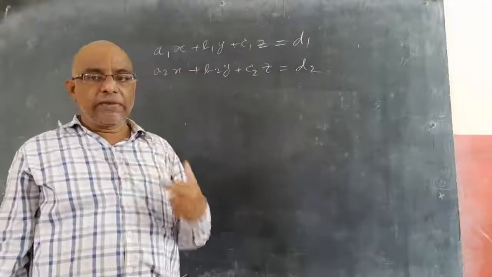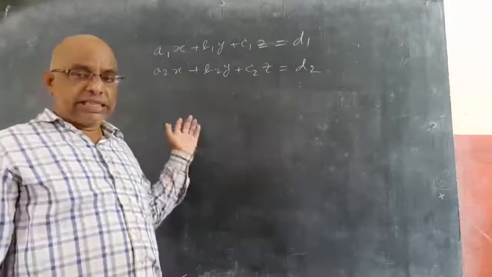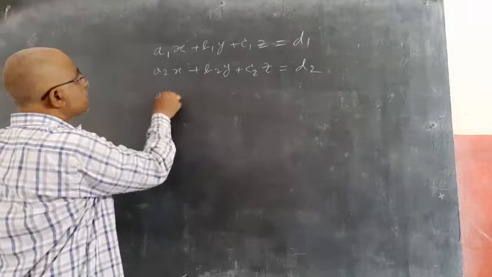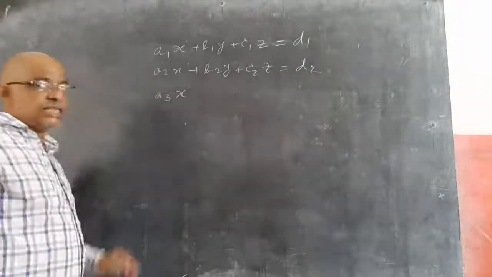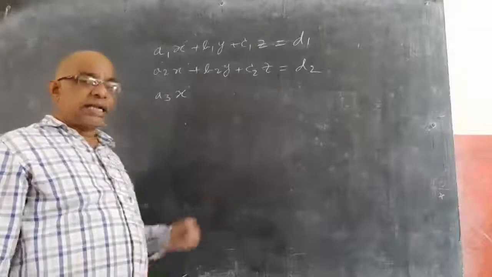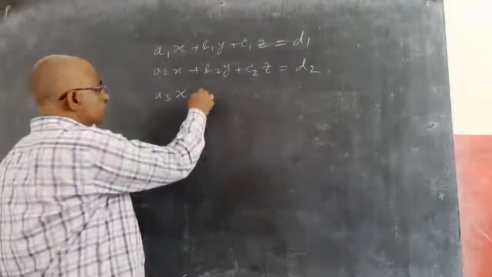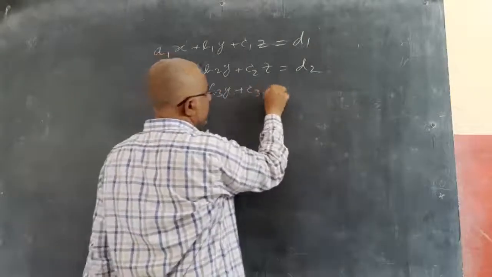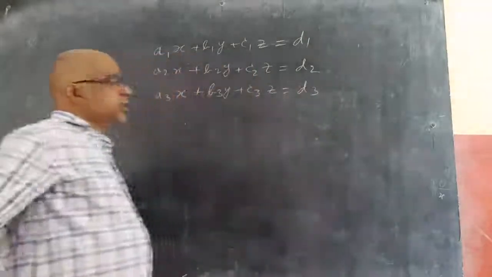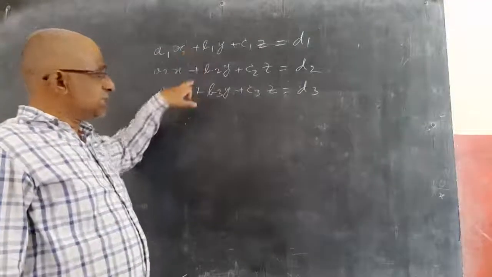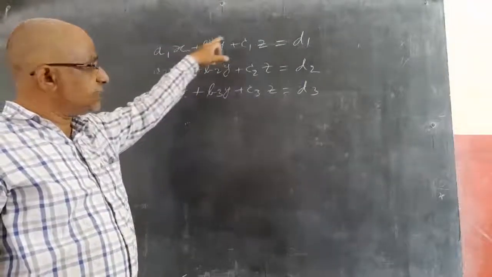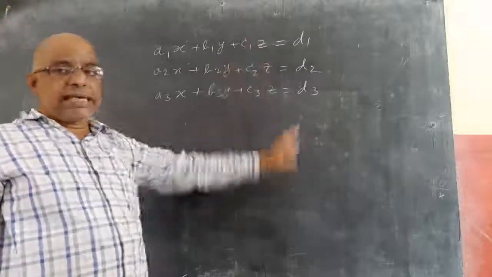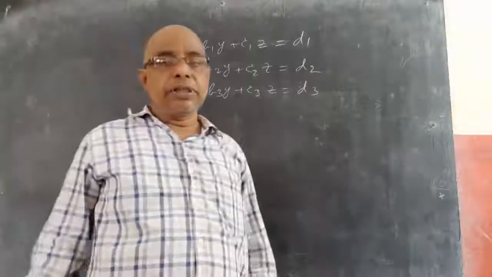2 variables, 2 equations, a 2 by 2 matrix you will get. If it is 3, you will get a 3 by 3 matrix, that's it. So there is no difference between 2 variable or 3 variable. Only the size of the matrix will change, the procedure is the same. So I will tell you directly 3 variable, so automatically you can do 2 variable. a3x plus b3y plus c3z equal to d3. So these are the 3 linear equations. Linear is degree 1, you know, and they are having 3 variables x, y, z. So a linear equation in 3 variables will be solved using the matrix method.